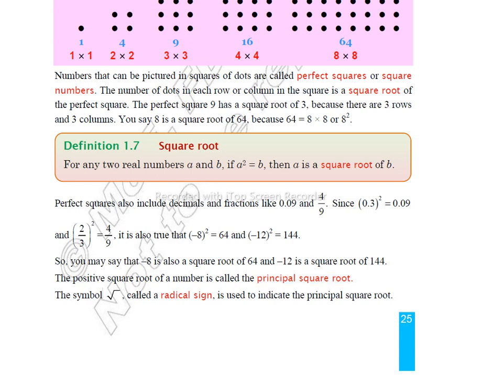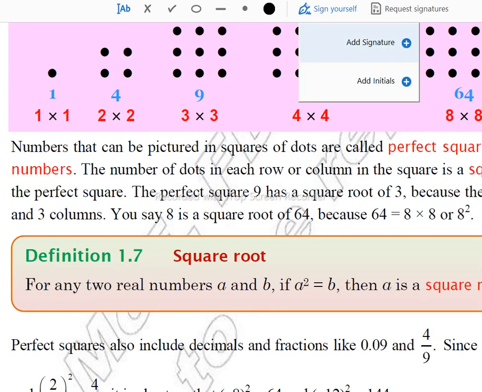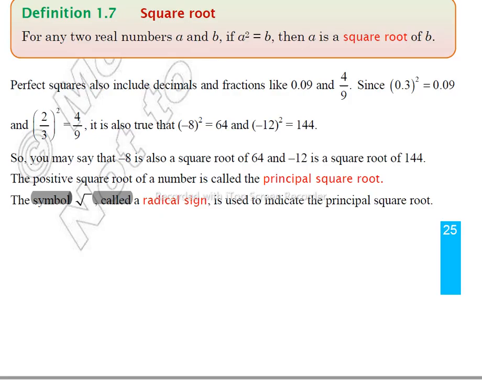This symbol, as you see here, is known as the square root radical. The symbol is known as radical. So the sign is radical, and the number under this radical is known as